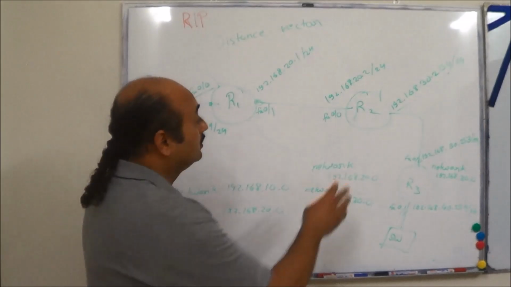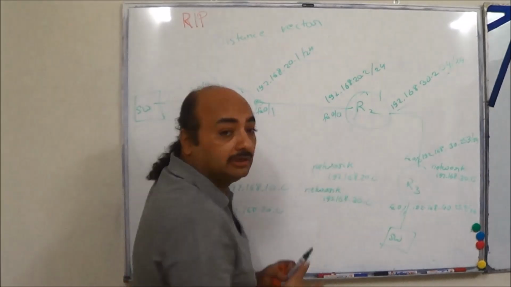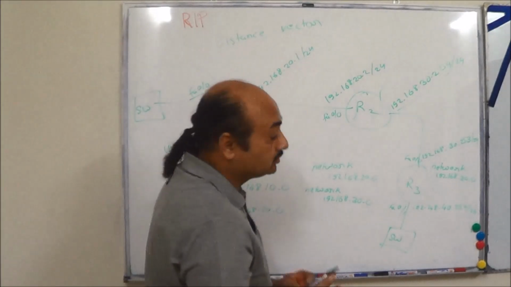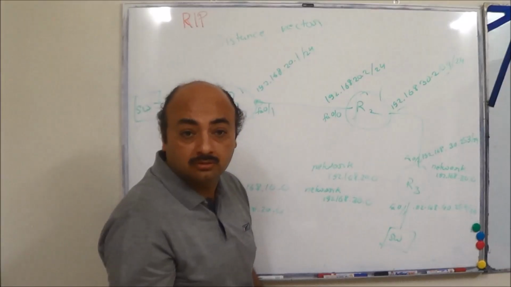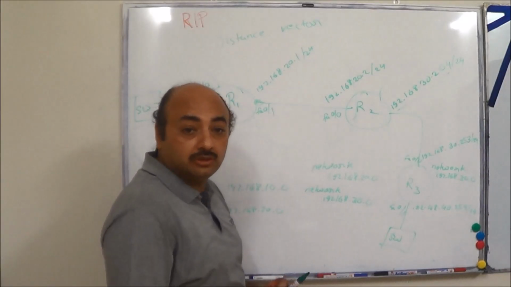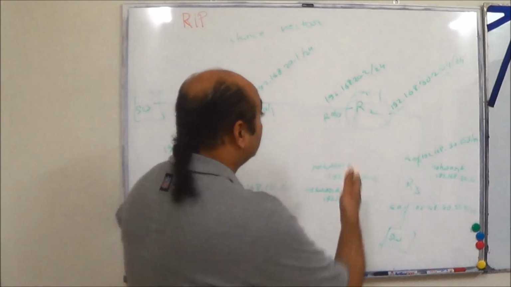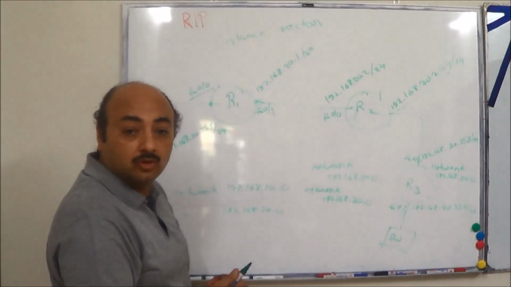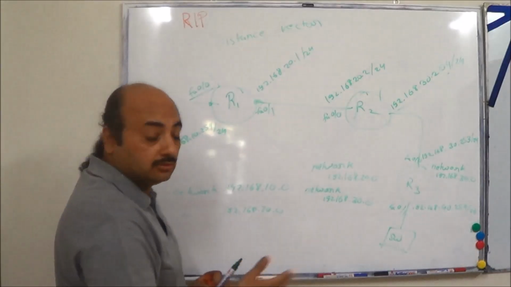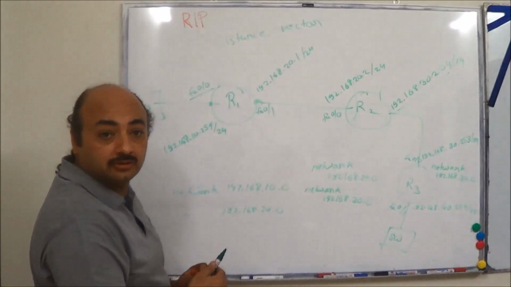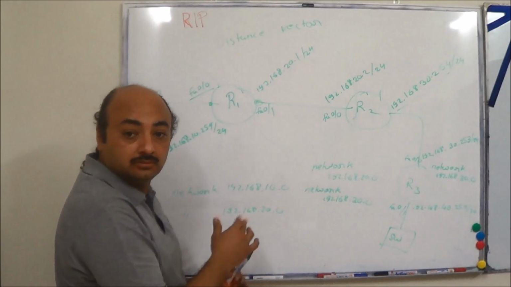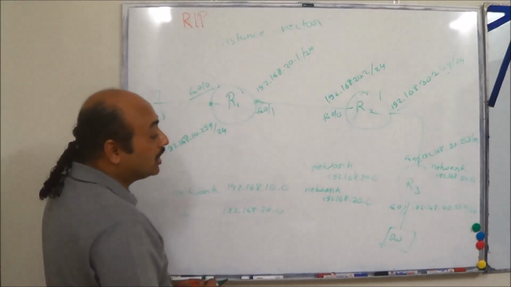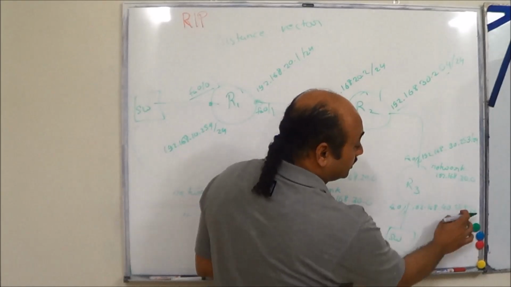Let's look at the status of R2. What happens on R2? R2 says this is advertising the 30 network. So any change? No. Doesn't matter. R2 was already advertising the 30 network to R1 at a hop count of 1. R1 receives it and installs it. It had already installed it. Anything changed? Nothing. So now what we need to do is advertise this network.